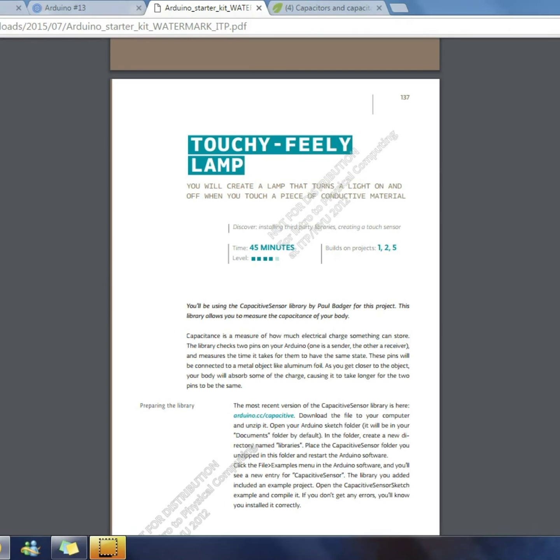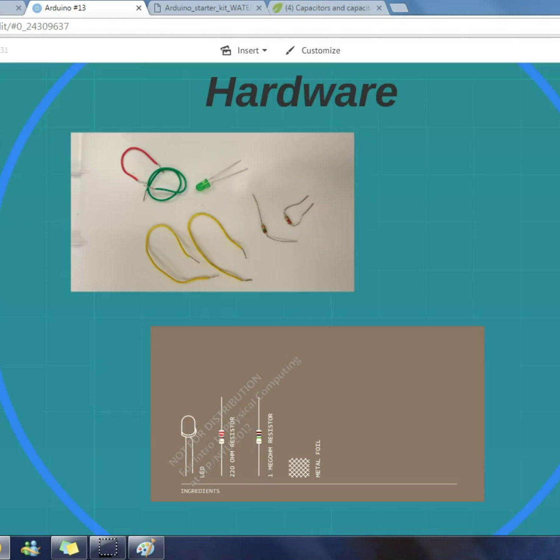FYI, the capacitance is a measure of how much electrical charge something can store. So moving on to the hardware of Touchy Feely, we have one LED, and we had one 220 ohm resistor, and then one mega ohm resistor, and we were supposed to have a conductor or piece of metal foil that had a small capacitance,